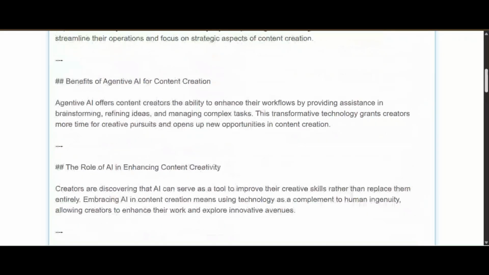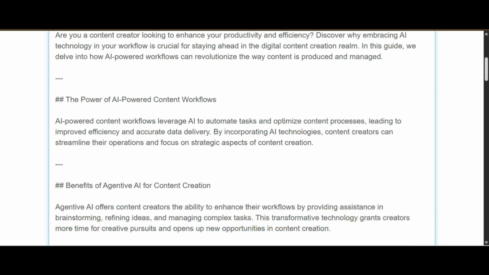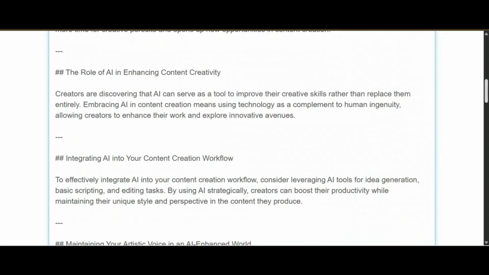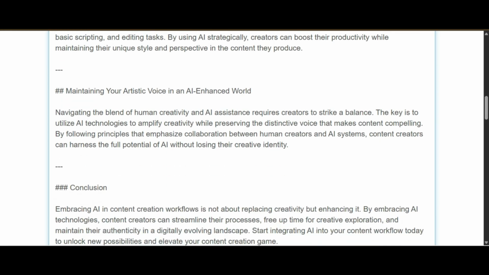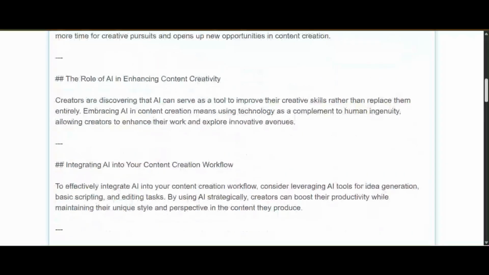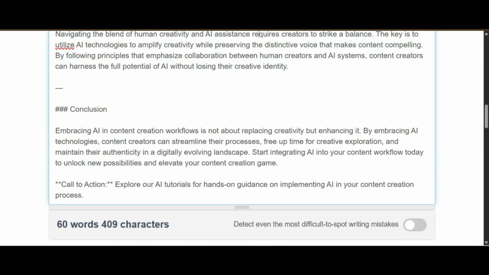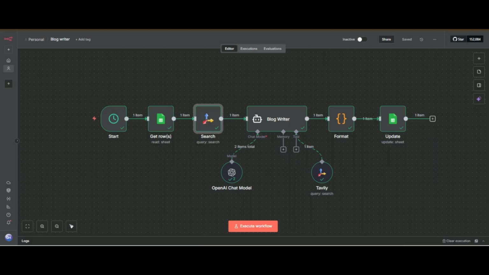Here you can see it is easy to read and clean, using an SEO blog post structure. It generates sections, subheadings, and headings, and it does not write long paragraphs. It also gives a conclusion and a CTA.